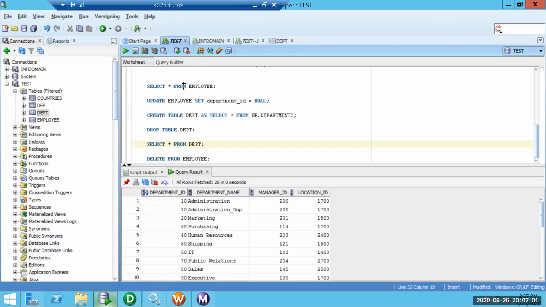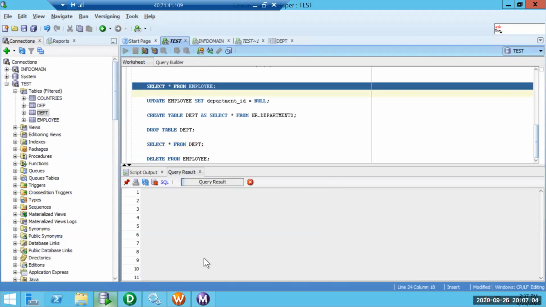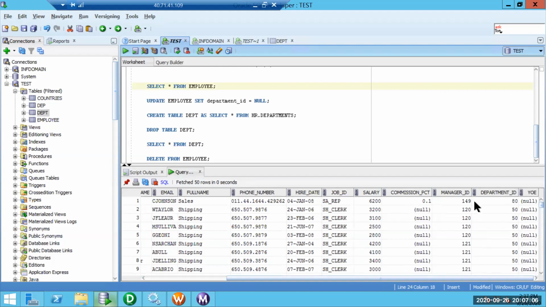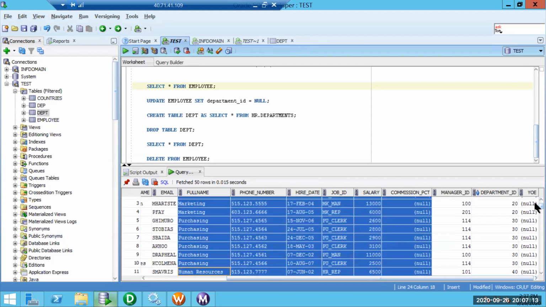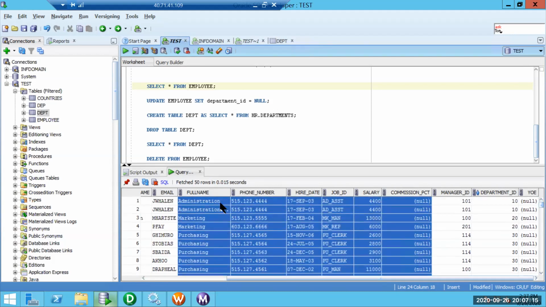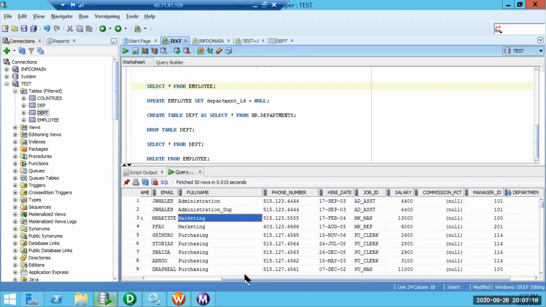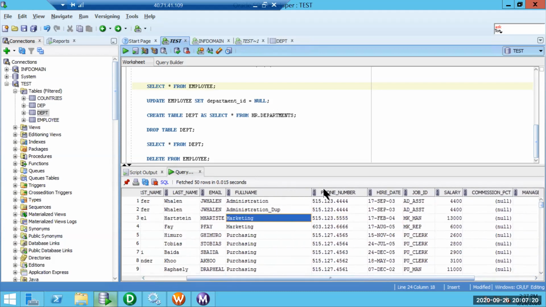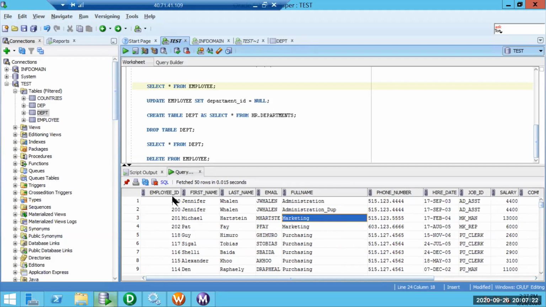So whoever employee is mapped to department 10 is going to have two entries, with two different values for full name. One is administration and another one is administration and another value. Everything else is the same; the only thing is the lookup returned two different values, and we got all the values into the target. So this is how we can make a lookup transformation behave as an active transformation.